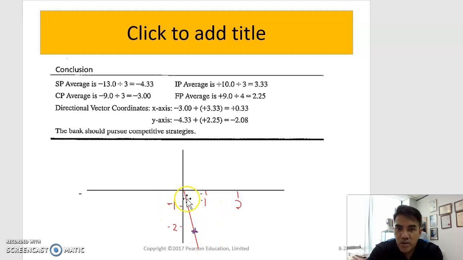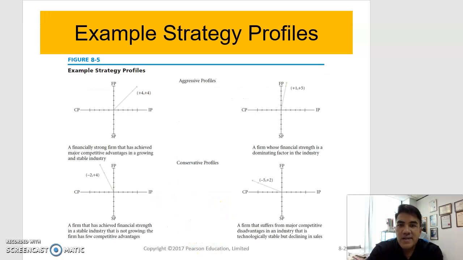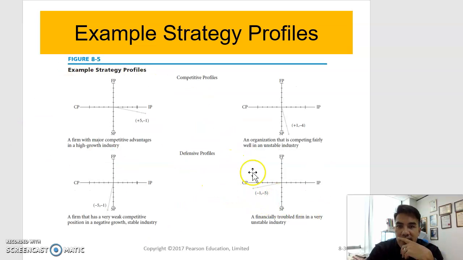So what does this quadrant indicate? These are examples of the strategic profiles. It indicates that yes, the company should go for competitive profiles. And so for this particular tool,